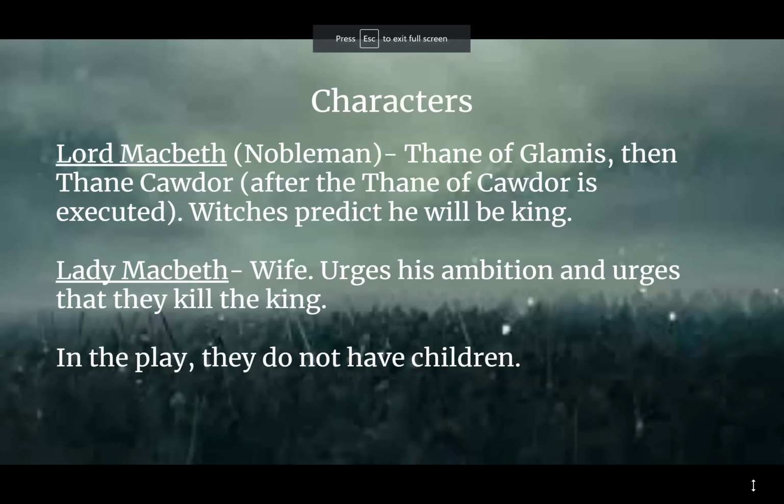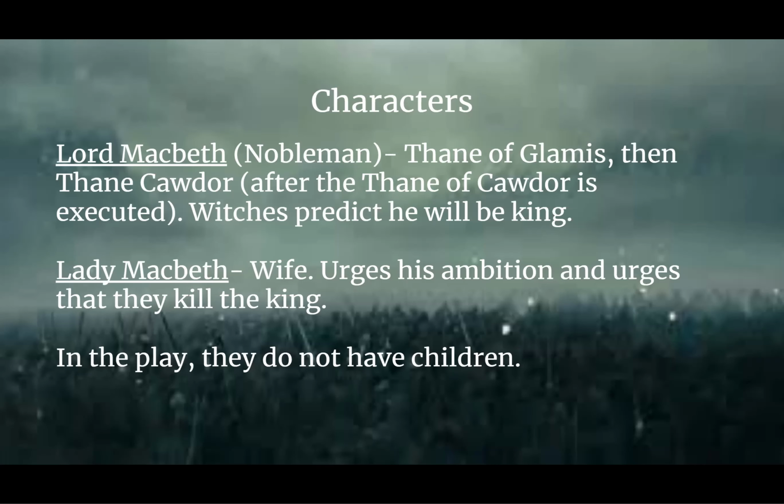All right, so I'm going to briefly go through these, but you guys are going to revisit them in the review that you guys are doing. The characters that we're going to have as we enter into this play, we're going to, of course, have Lord Macbeth. Almost everybody that you see in this play are going to be noblemen. Noblemen, they're going to have land, they're going to have property, and they're going to have say and influence with the king, but they're not actually kings themselves, right? They're given these roles as an honor and a privilege from the king. So they have to answer to the king at all times, but they do have a level of power over